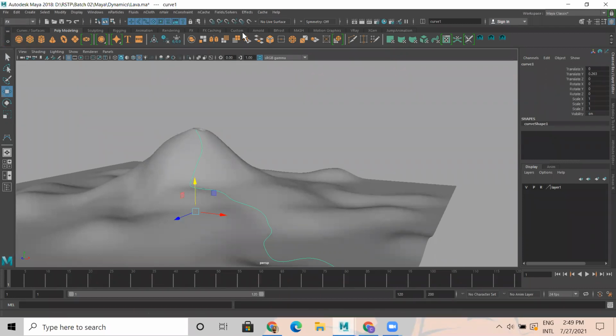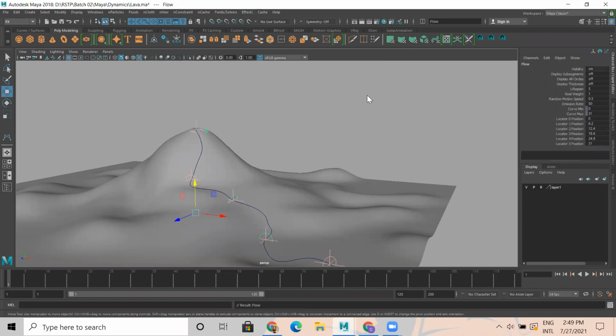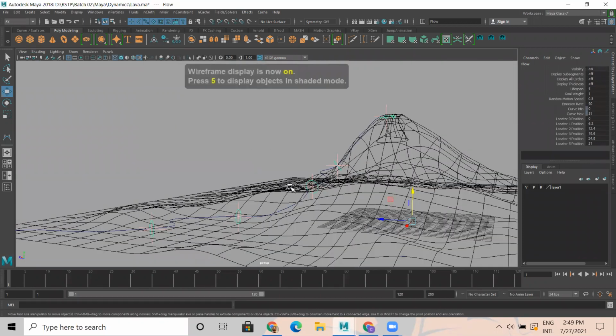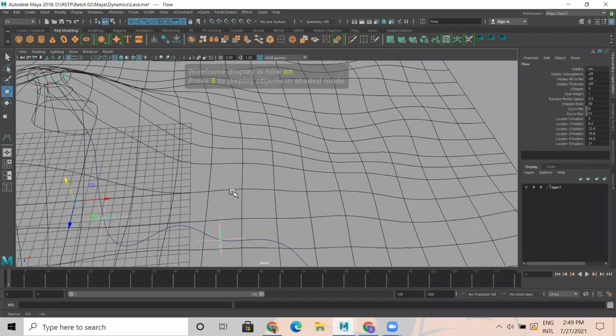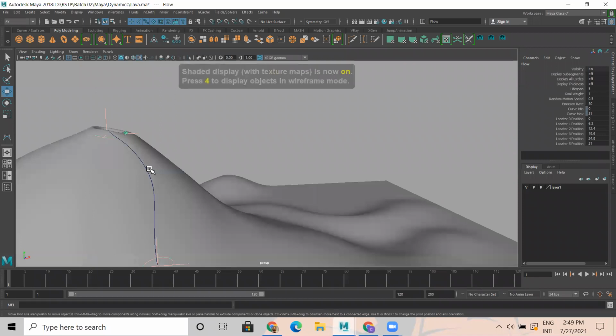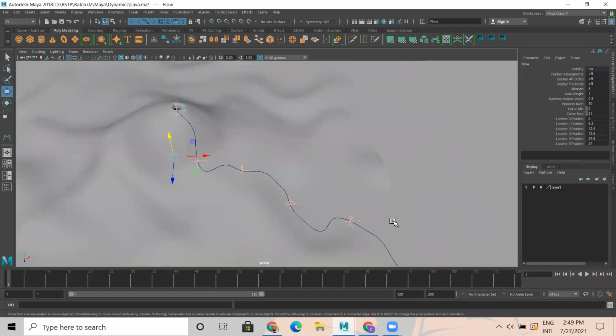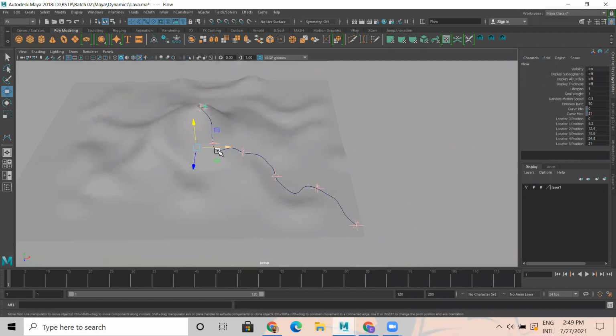In FX, you have effects. In effects, you have flow. Create curve flow. Select this. So what happens when you create a curve flow? You get this kind of radius, the curve radius. Normally for a curve, we start the curve here and end here. So there's a start point and an end point. This defines where the particle gets its birth. There's a start point of the particle and an end point of the particle.